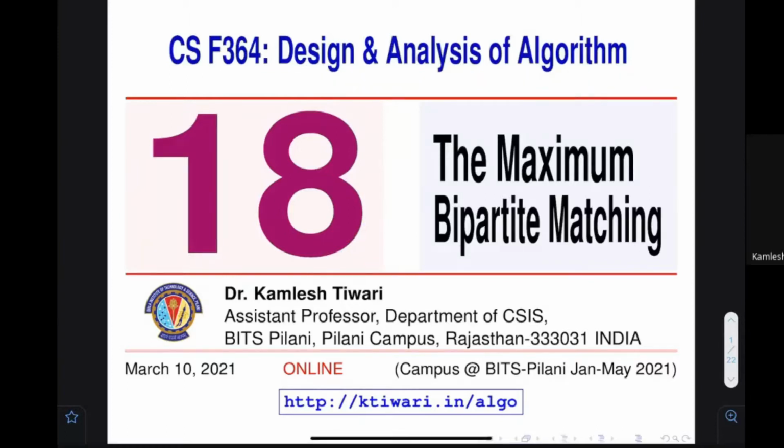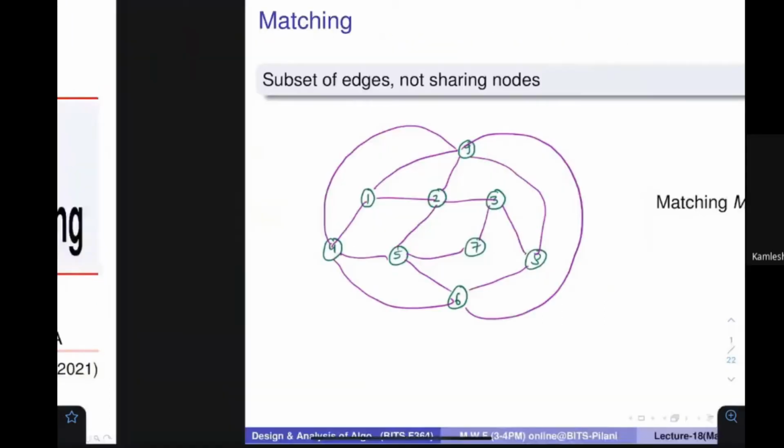In this session, we are going to talk about the maximum bipartite matching problem. Essentially, we are going to talk about the matching problem that is being solved on the bipartite graph, and the matching that we are going to find, we want to make it maximum. So therefore the problem is maximum bipartite matching. We will see one by one what I mean by matching, and what I mean by bipartite. Maximum, I think we need not explain, everybody knows that. Let us start our discussion.